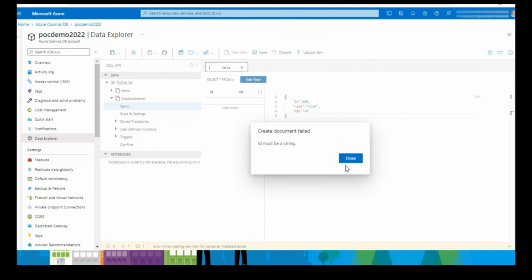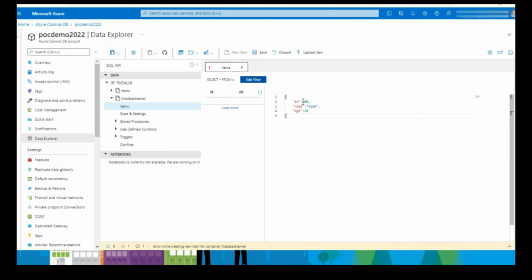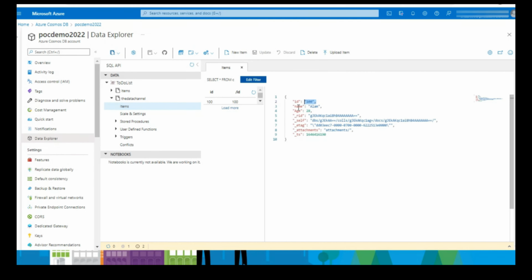It says ID must be a string. Okay, so let me make everything a string here. Okay, let age be an integer. Yeah, since ID is the partition key, it must be a string. So as you can observe here,